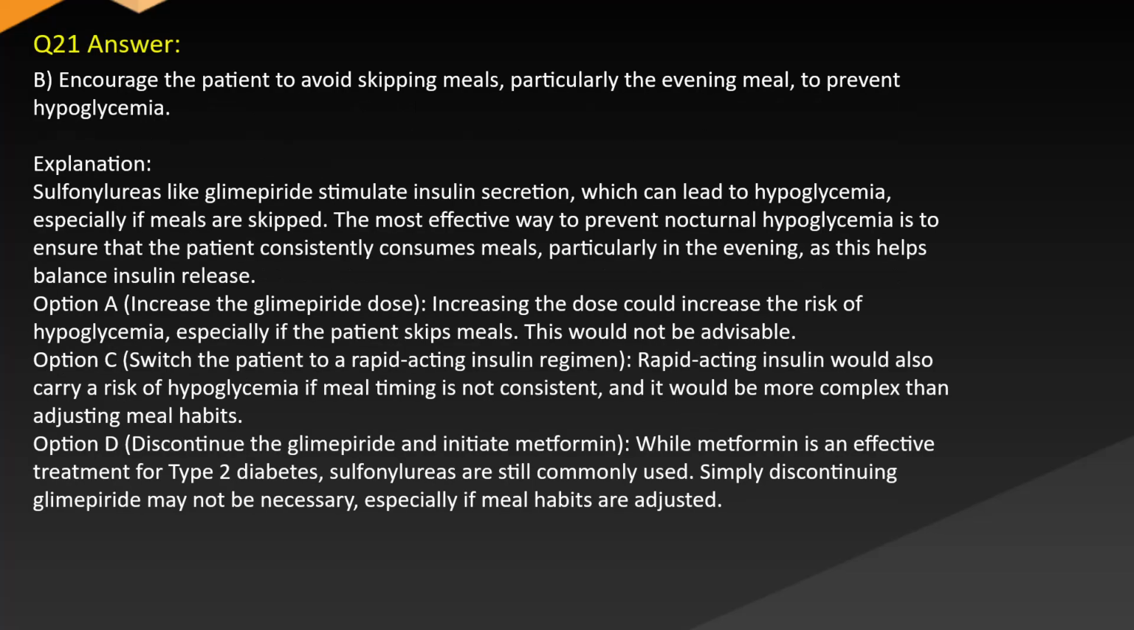Answer: B. Encourage the patient to avoid skipping meals, particularly the evening meal, to prevent hypoglycemia. Explanation: Sulfonylureas like glimepiride stimulate insulin secretion, which can lead to hypoglycemia, especially if meals are skipped. The most effective way to prevent nocturnal hypoglycemia is to ensure that the patient consistently consumes meals, particularly in the evening, as this helps balance insulin